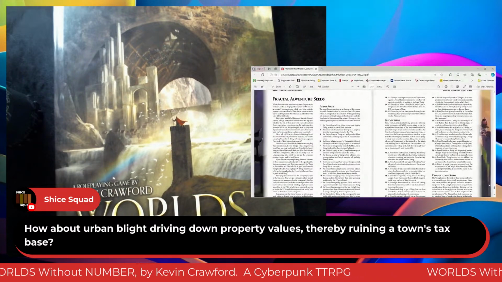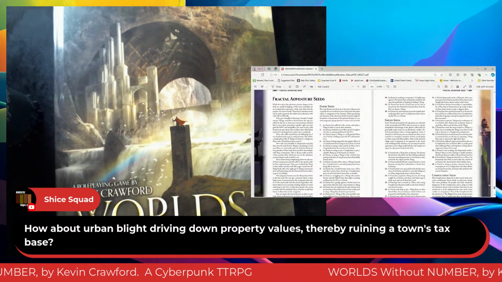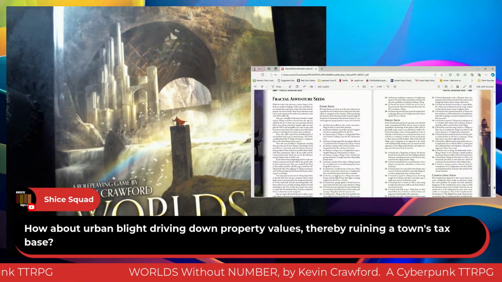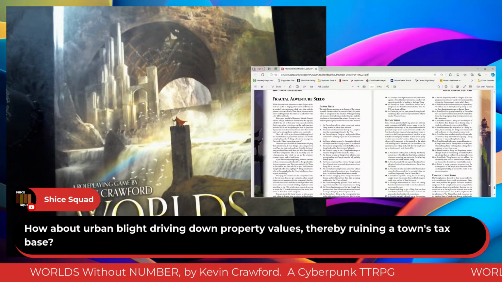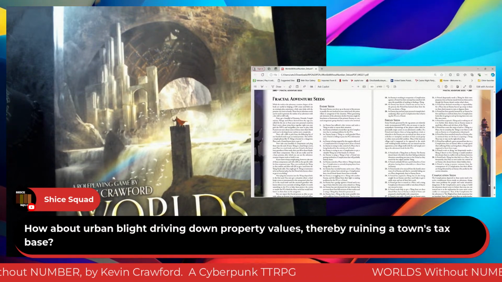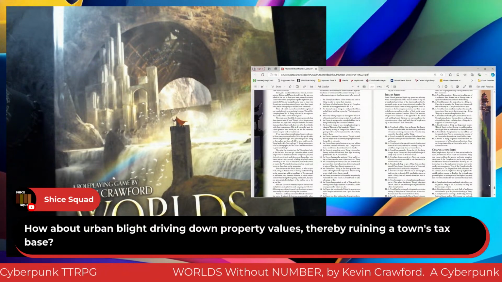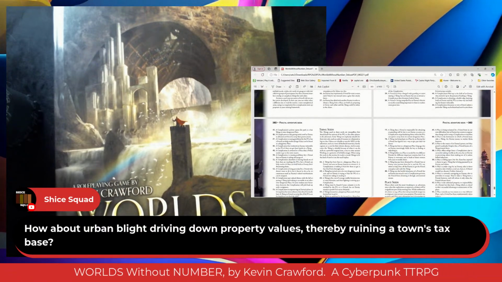You roll D20 and you pick one up, and usually there's a question of some sort or information that isn't fully fleshed out, but that's what an adventure seed is for. So, adventure seeds, enemies, friends, complications, things, places.